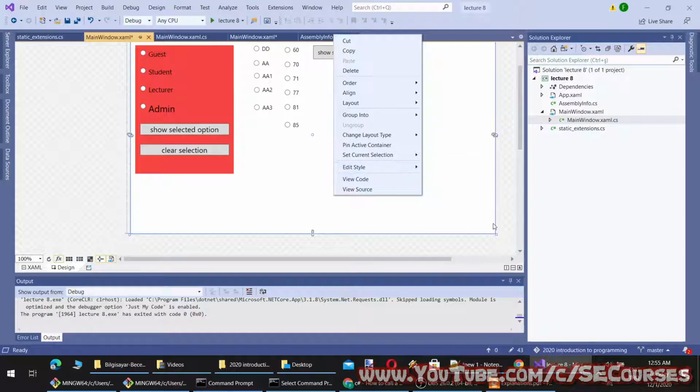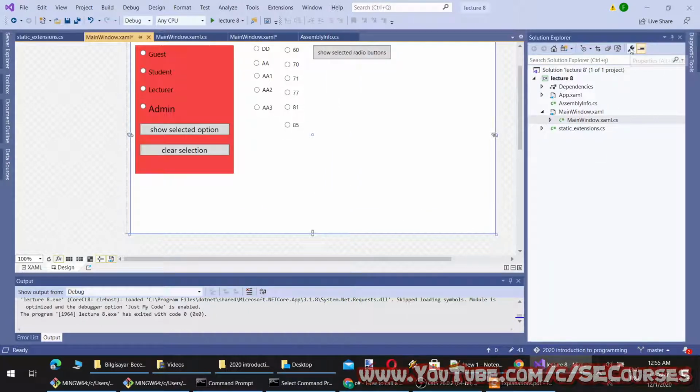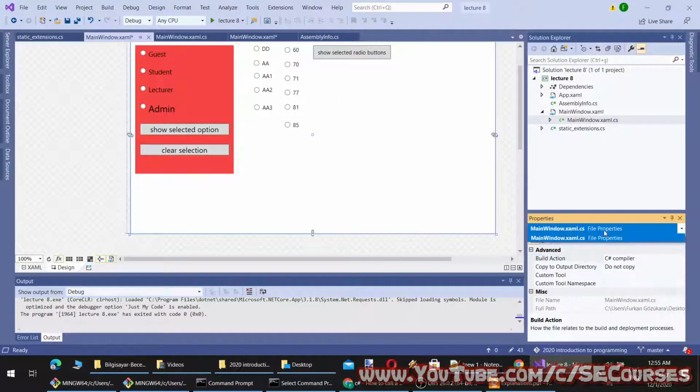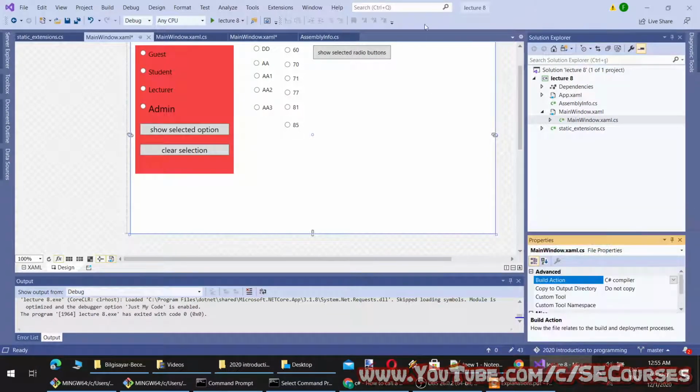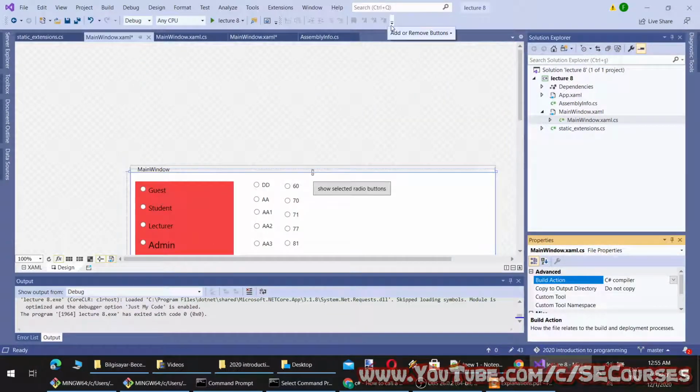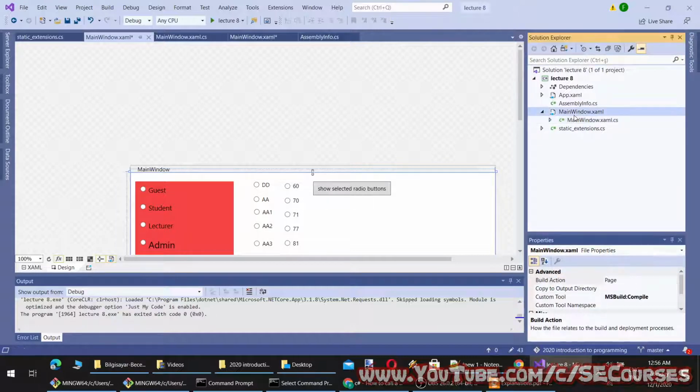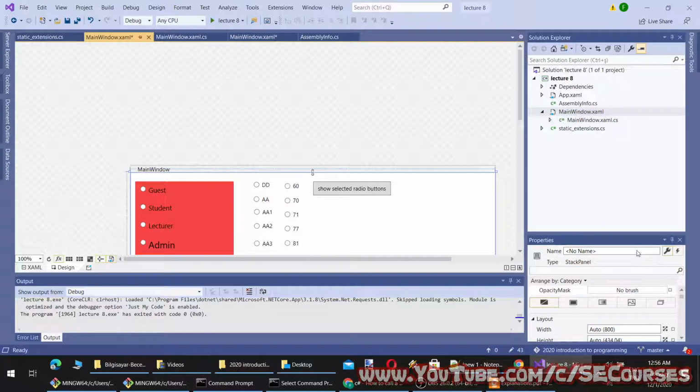I'm looking for the properties window. Ah, it's here. Okay, from here, I can select it somewhere here. I can't find it right now. We were able to select the object directly, but where was it?